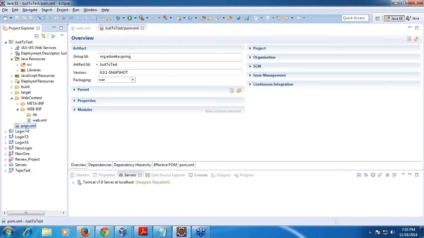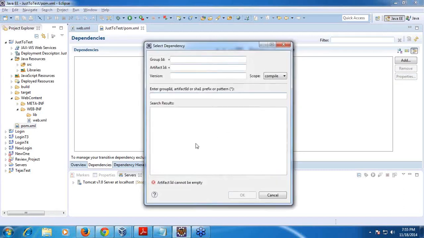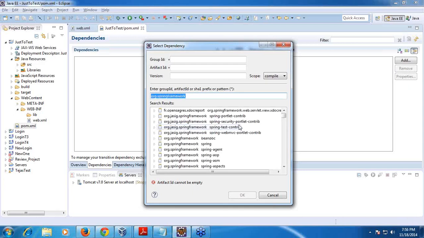So now if you have not selected this, you just click on that Maven which is created. So now you click on this dependencies, right? When you click on this dependencies, you will see this add button. You can add all the jar files from searching in this window. By searching from this window, you can get all the jar files, right? So now you just type org.springframework. Let me copy this because I need to do it 2-3 times.